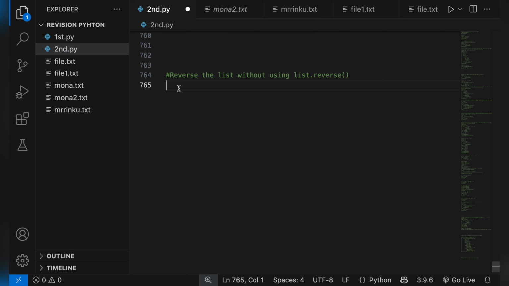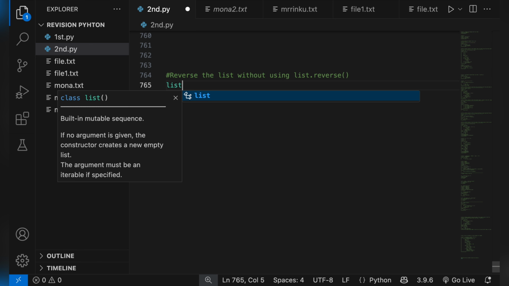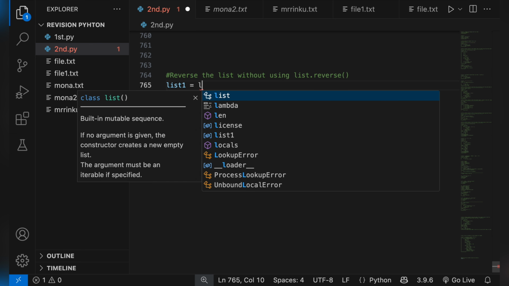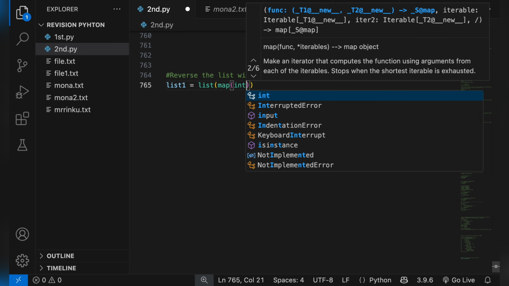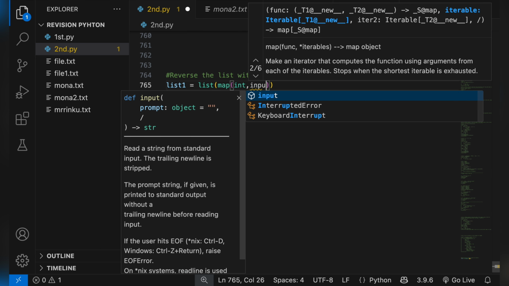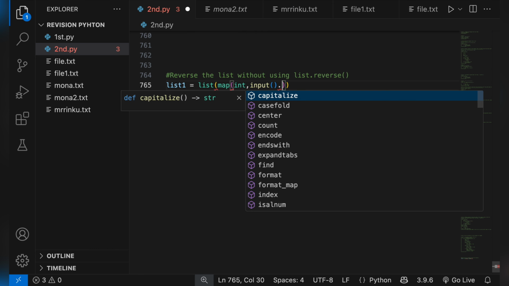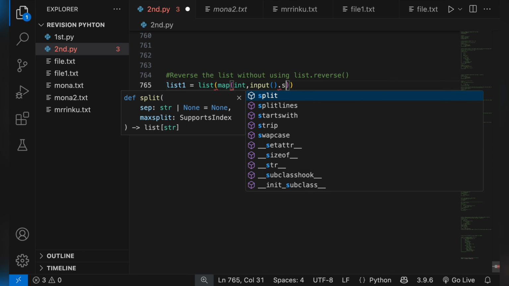Today we are going to make a Python program to reverse a list without using list.reverse, means without using the reverse function. We are going to reverse a list. Okay, so first I will take the input of list. Since all the elements of the list are integers, I will take the int input and split all the elements by a space, split